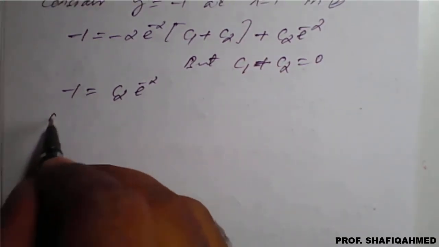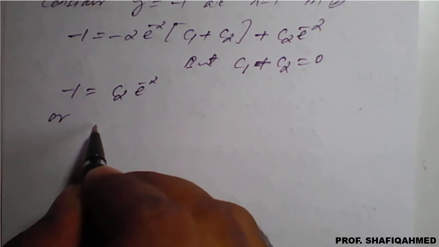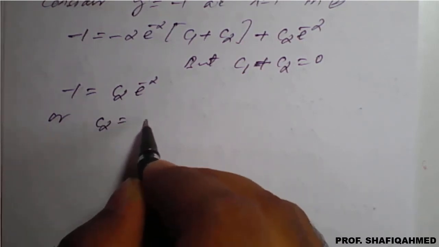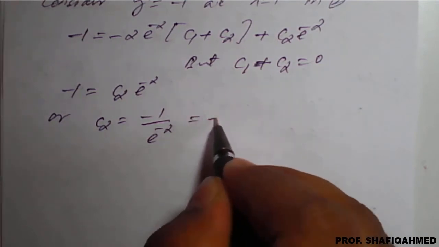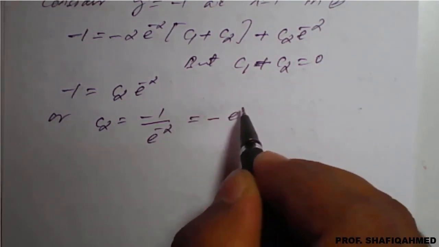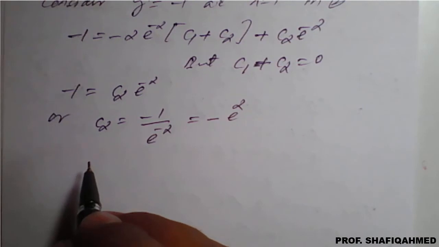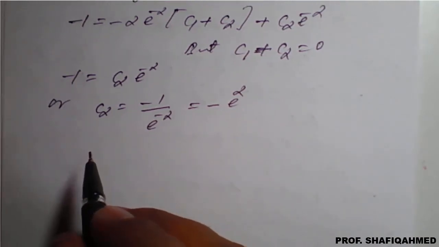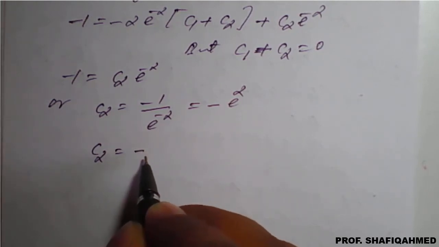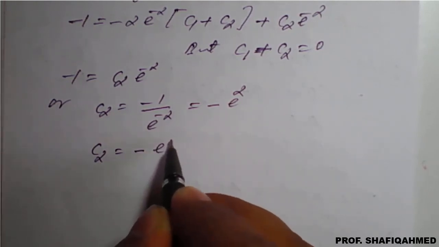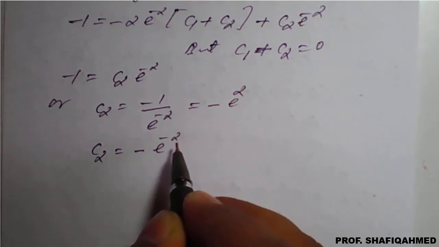So I can write this as c2 is equal to minus 1 divided by e raised to minus 2, or minus e raised to 2 it will be. So c2 value we got is nothing but minus e raised to 2,